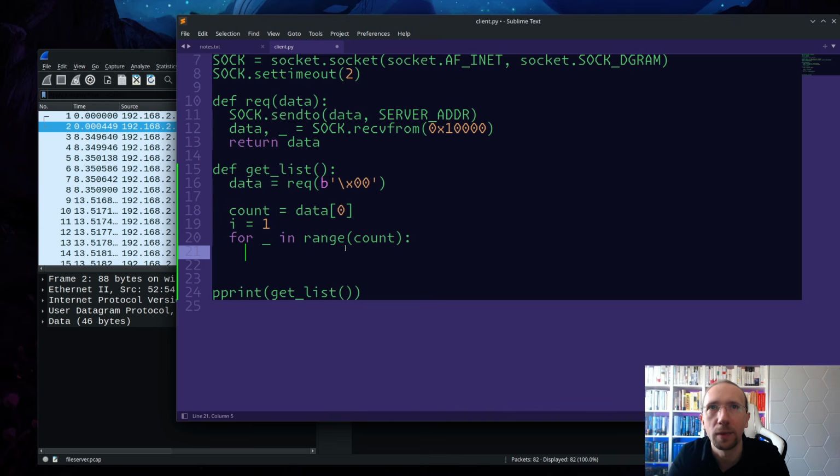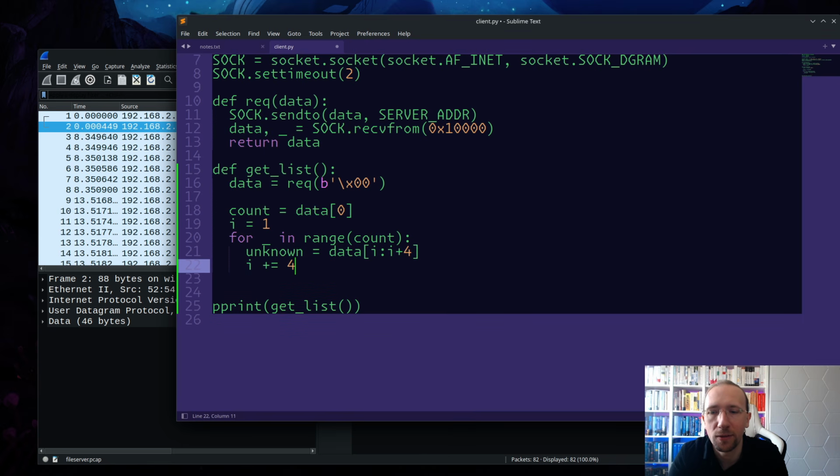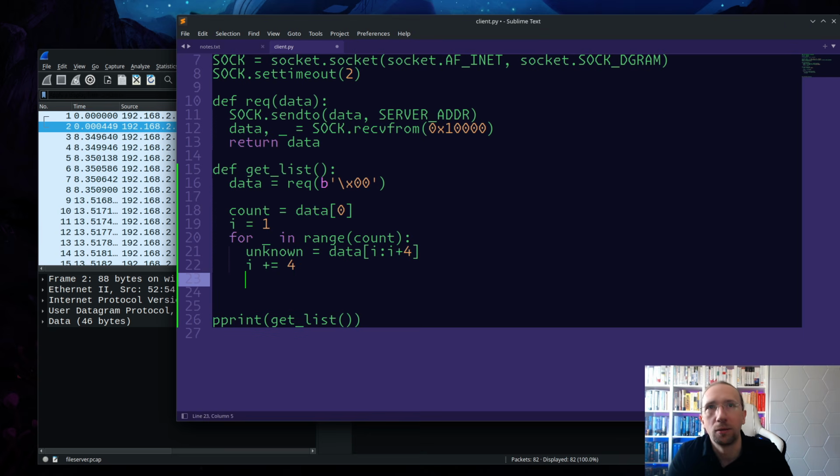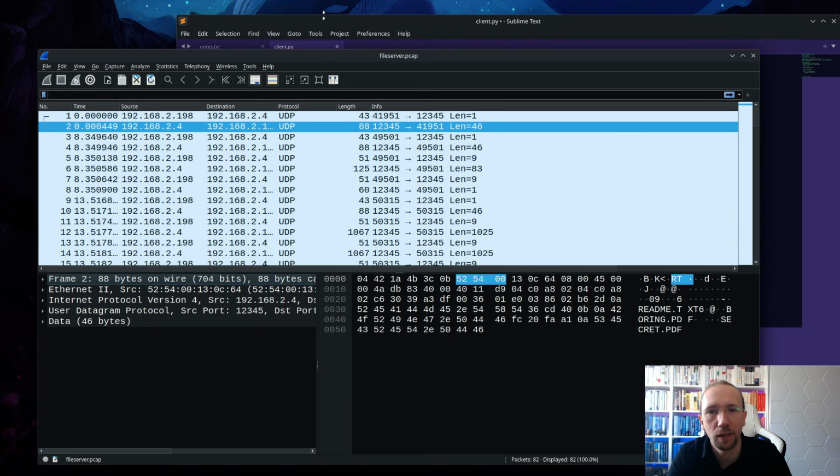Maybe it will become clear later, but for now it's just unknown to me. And for that unknown, I need to grab 4 bytes from there, and I is going to be my pointer or iterator or offset from the beginning of the packet, so I'm just going to increase it. So I grabbed these 4 bytes, put them in unknown, again, I don't know what they are,